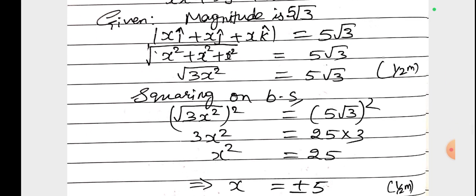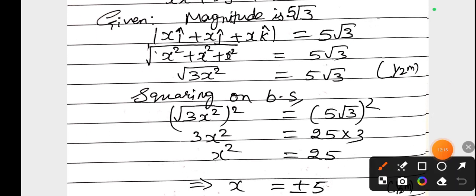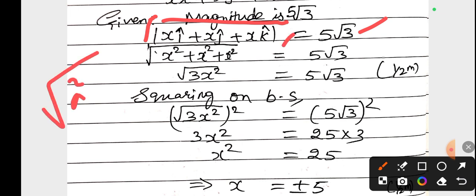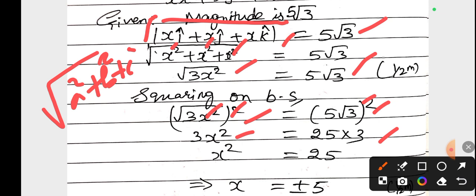Magnitude is 5 root 3. So magnitude of xi plus xj plus xk equals 5 root 3, right? Then what, children? Magnitude is root over a square plus b square plus c square. Here all are the same, like root over a square plus a square plus a square. Here in that place x is there, so x square plus x square plus x square, that is nothing but root over 3x square. To remove the root on 5 root 3, we do squaring on both sides, children. Then square and square root get cancelled, getting 3x square equals